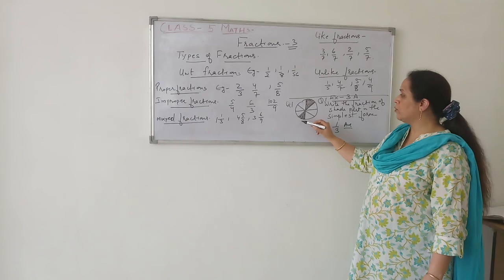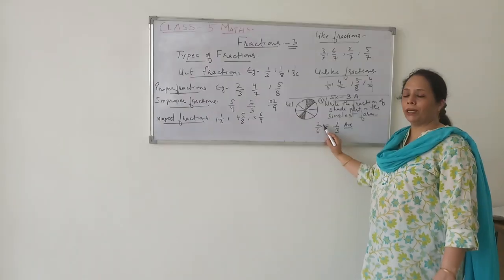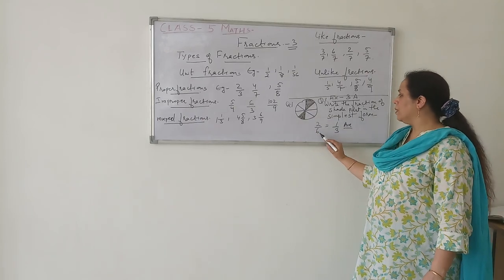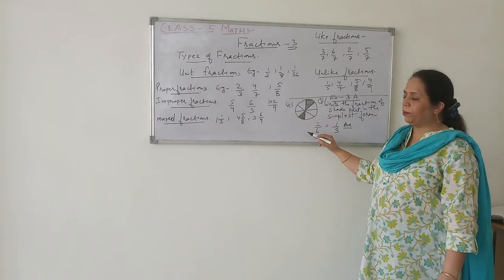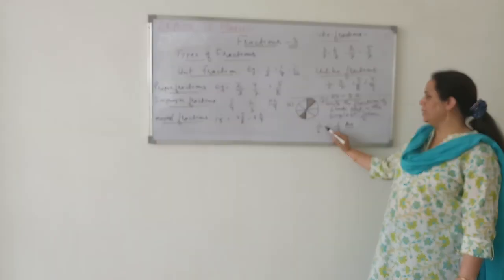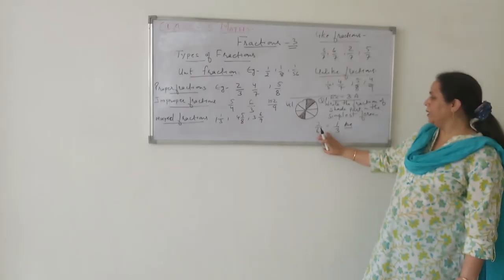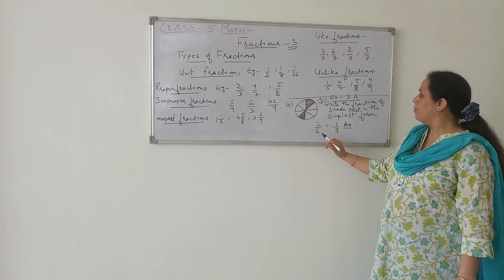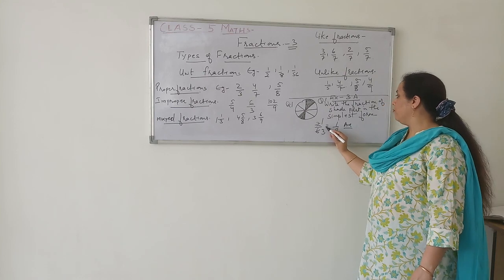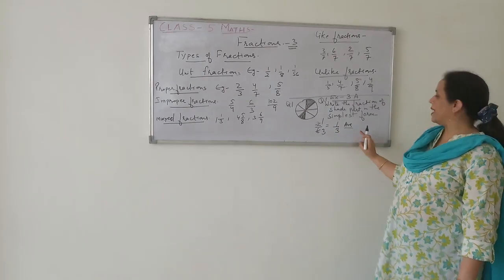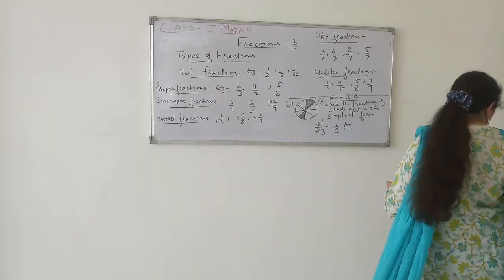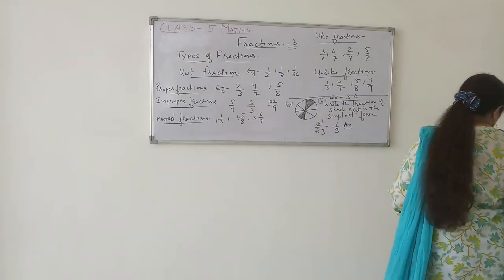So the number of the shaded portions will become the numerator and the rest of the total portions are the denominator. The total portions will be your denominator. So we will be getting the fraction 2 upon 6. Since we can reduce this fraction, we will divide it like this. 2 ones are 2 and 2 threes are 6. And we will be getting 1 upon 3 as a fraction. And that will be your answer. After completing this, we will be going to the next question.